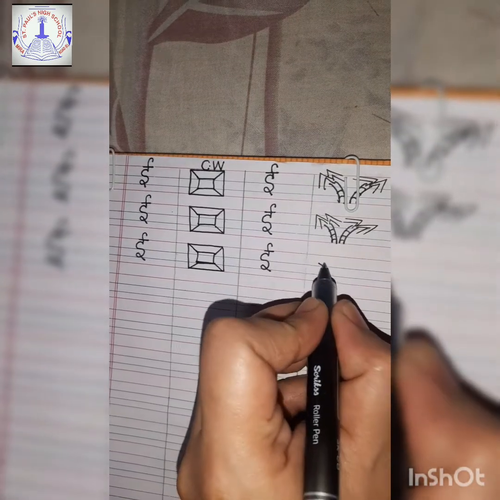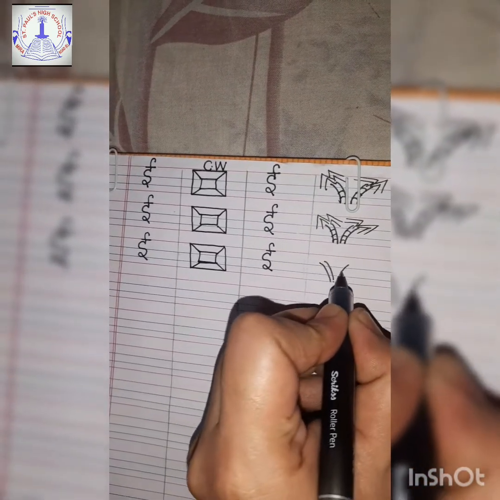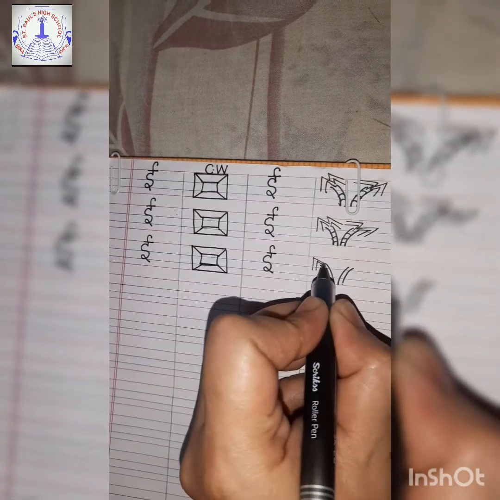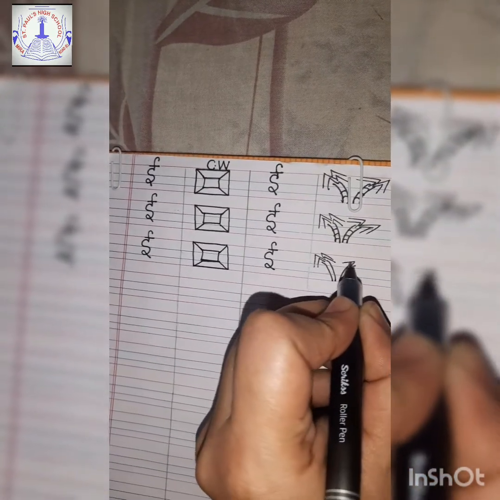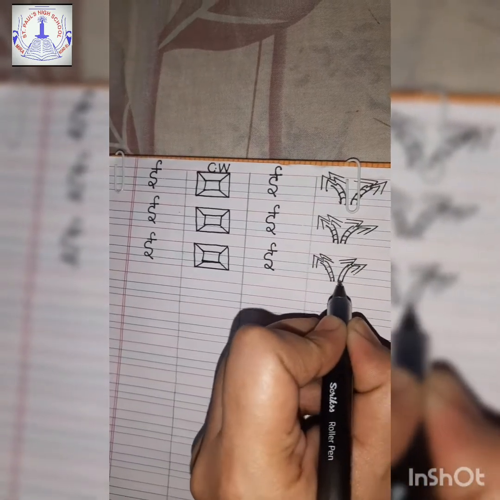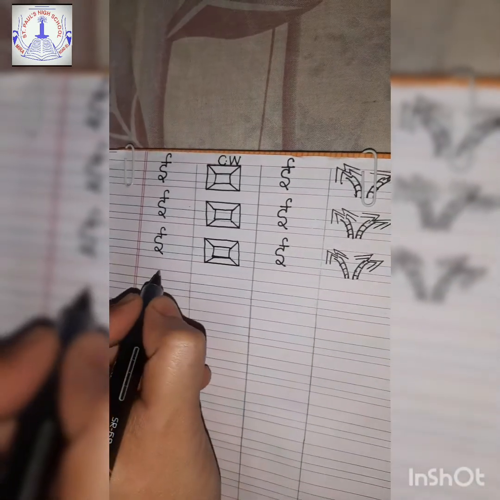Badi e say eek. Come on, draw two curves on both the sides. Then make slanting lines up, down, up, down, up, down, up and down. Yes, this way you can draw the picture of eek.